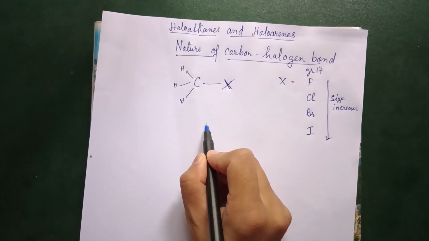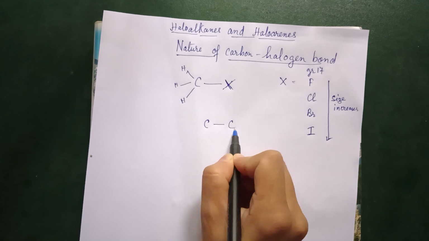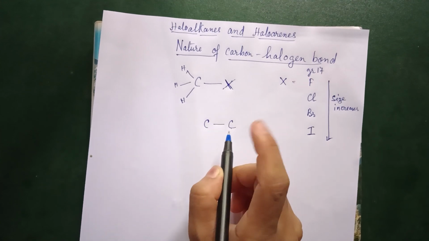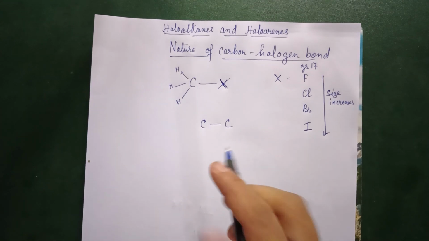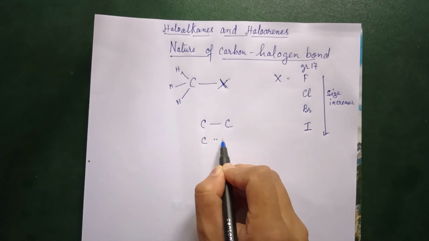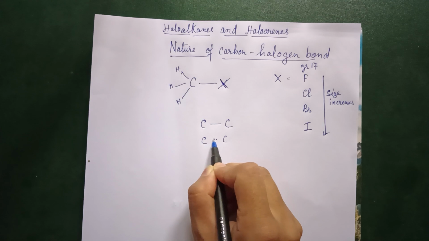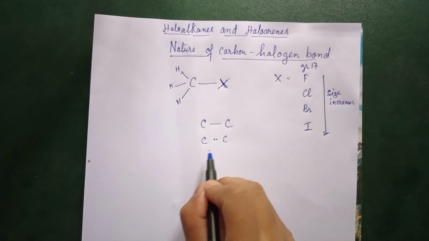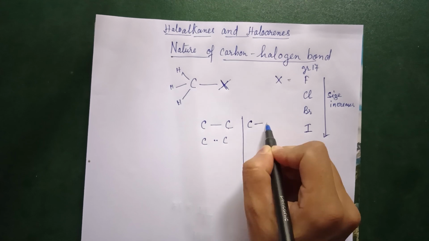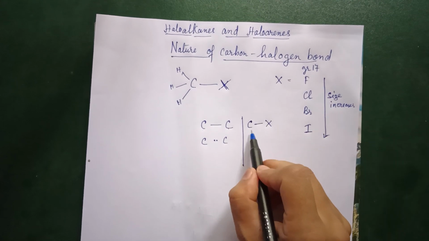If I talk about a carbon-carbon bond, both are carbon, so they do not have any electronegativity difference. If I show it in the form of electrons, the two electrons are mutually shared at the center. Now if I change this bond to carbon and halogen,